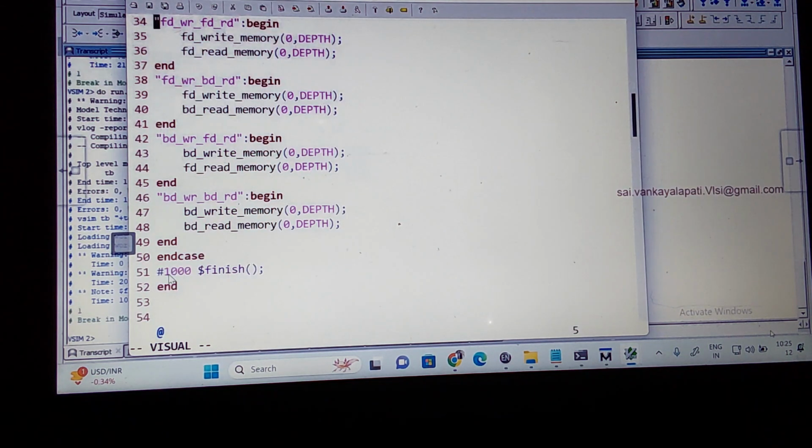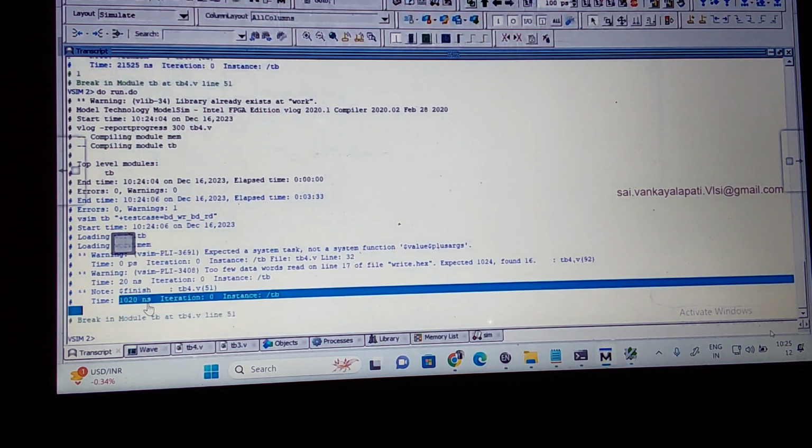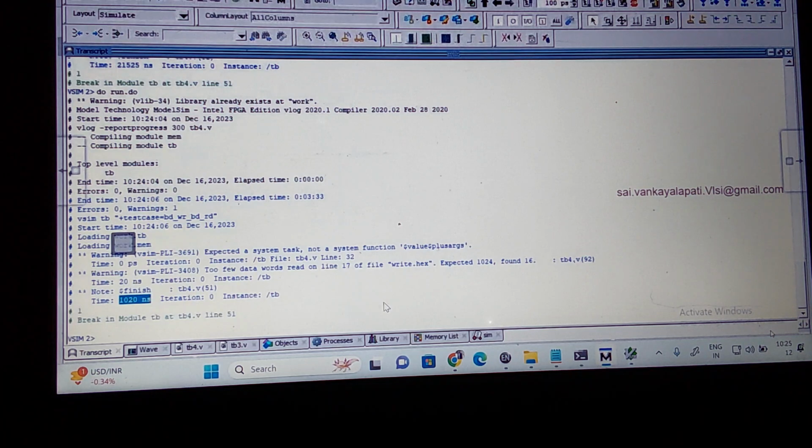But read and write is happening at zero simulation time. Read and write is happening with zero simulation time. But in the test bench I'm mentioning this 20 and this is 1000. What is the total simulation it is taking here? It is nothing but 1000 nanoseconds. Do you think that backdoor reduces the simulation time? So why basically we go for backdoor access, memory access, is because of the simulation time.